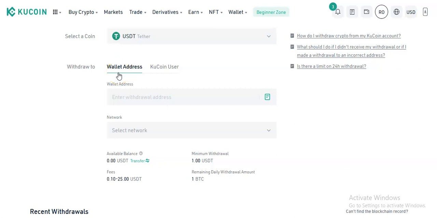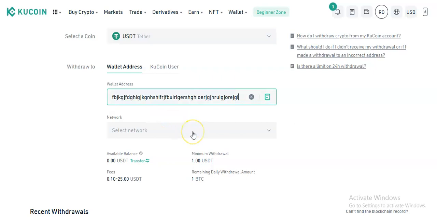So what you have to do is to copy that address and then paste it on this section. You get the point? You have to paste the address on this section. So let me just write something random on this place as the wallet address. Good. Now after pasting the wallet address of the USDT from Binance that you are withdrawing to, the next thing